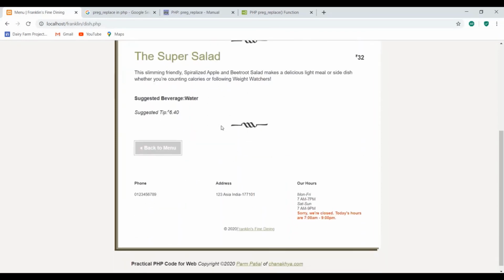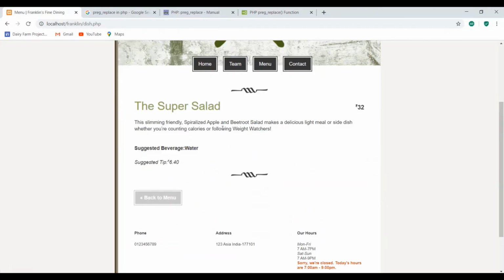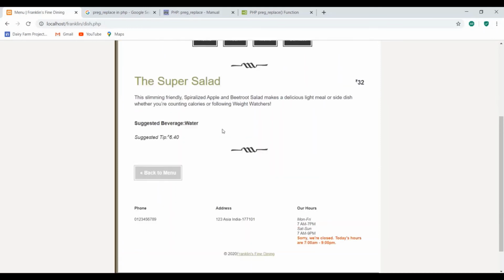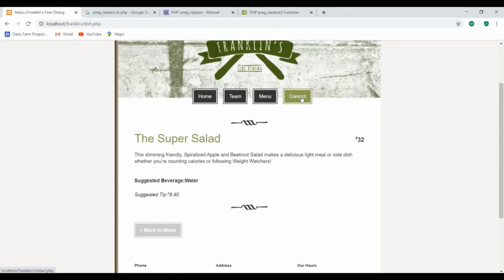So this is how we can create the dynamic display or dynamic detail values for the menu items that we have done. In the next video we are going to create a contact form in which users can send their comments, or we can ask the user to sign up for the newsletter.